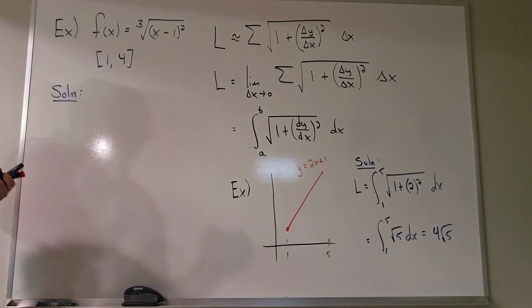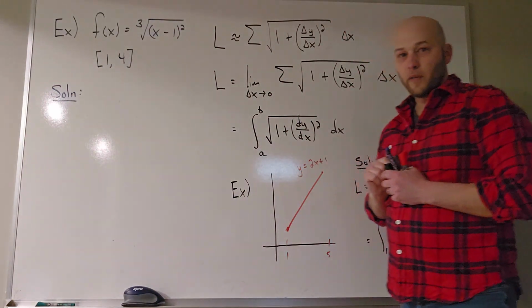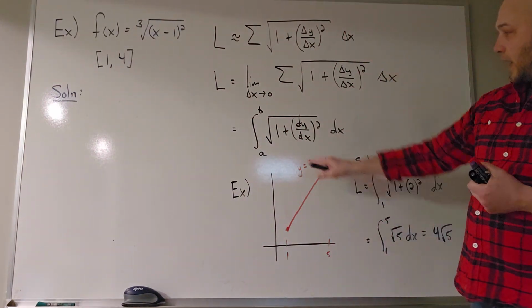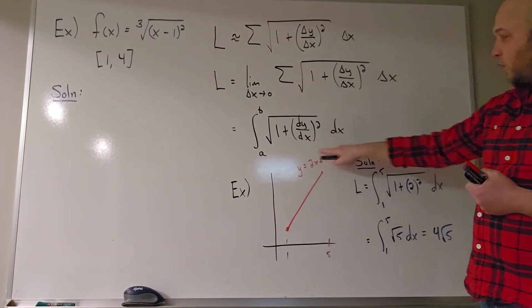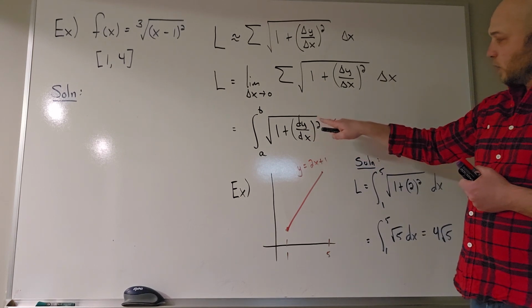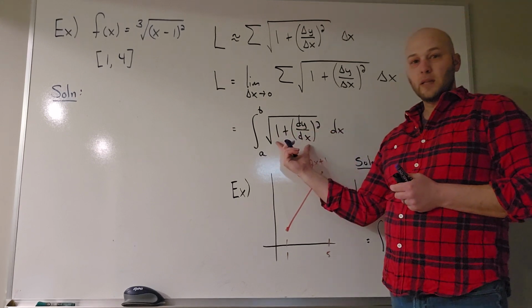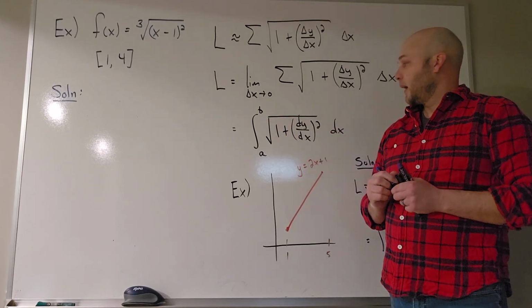Okay. So compute the length of that graph on the interval from 1 to 4. Okay. So again, in order to use this formula right here, I have to start by taking the derivative, and then we will square it, add 1, and that will be my radicand inside of the integral, and see what